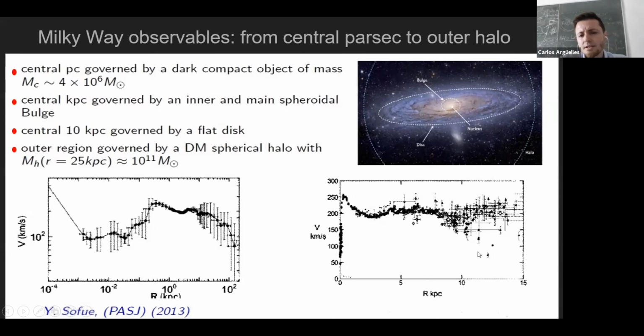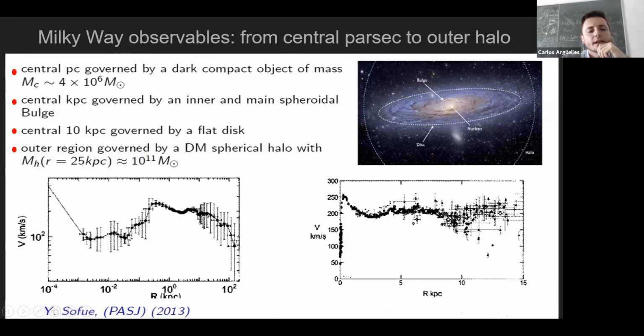Above, as you can see, this is from 2013, but above, let's say, a few tens of kiloparsec, the error bars start to increase considerably. And this is a nice picture in the bottom left, in logarithmic scale, showing that for the first time, in the work of the world expert Sofue, he was able to link the kinematical tracers from a few parsec, so in the inner bulge of the galaxy. This is the peak of the main bulge. This is the inner bulge.